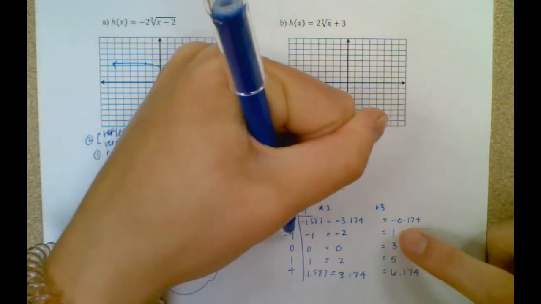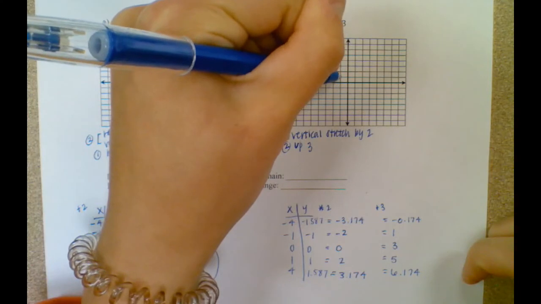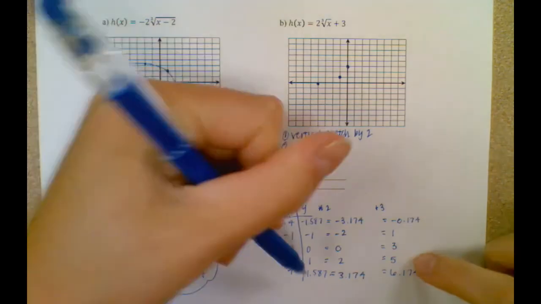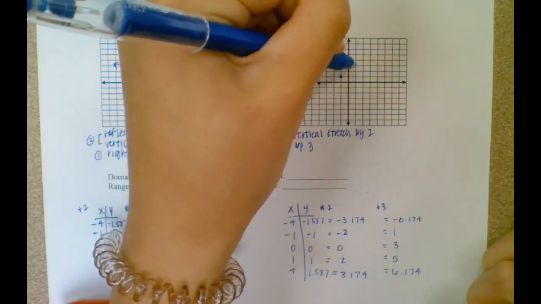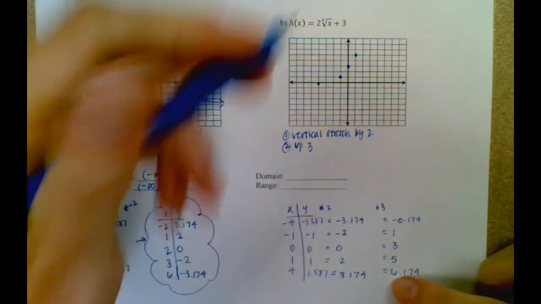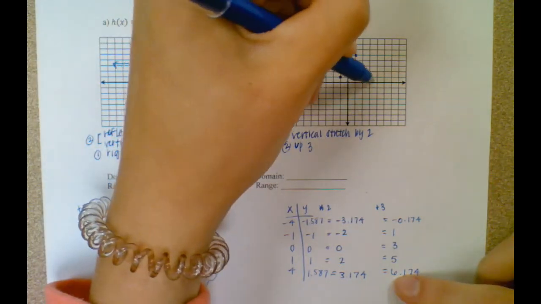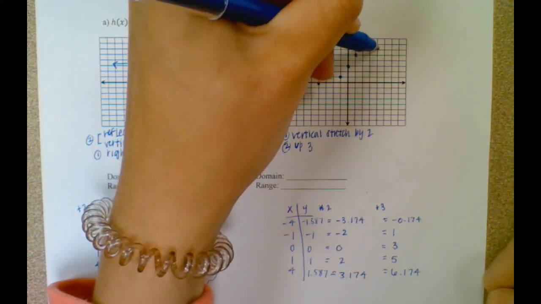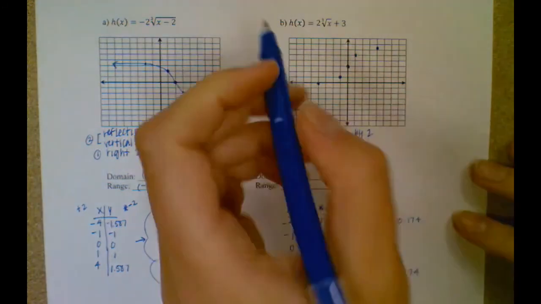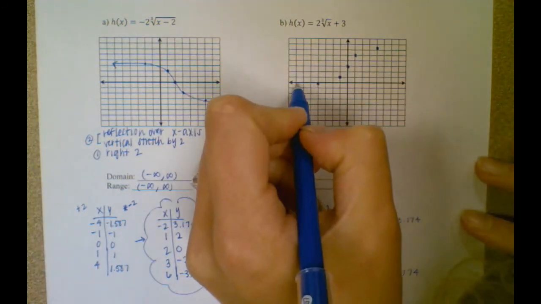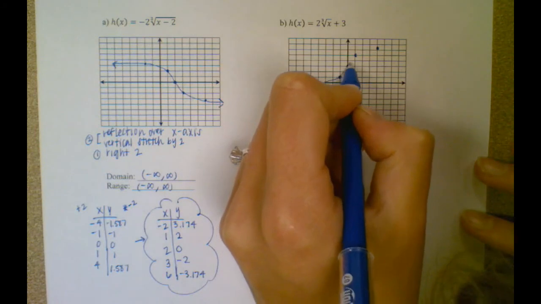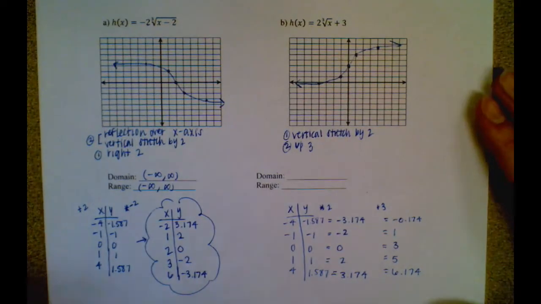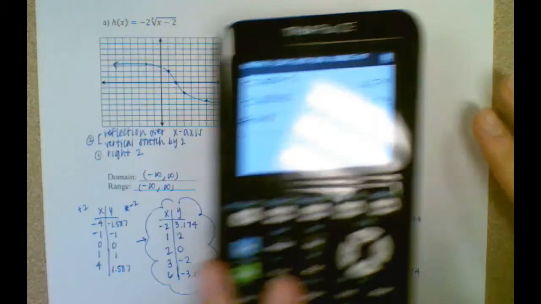I have negative 1, 1, 0, 3, 1, 5, and 4, 1, 2, 3, 6.1. Something like that. All right, so it looks like my graph's going to go in that direction. So let's see if I can do this nice and pretty. There we go. Okay. Alrighty, and if you are graphing this in your calculator,